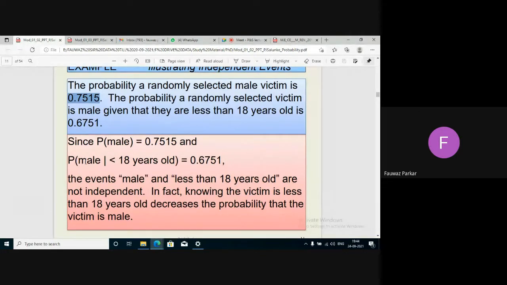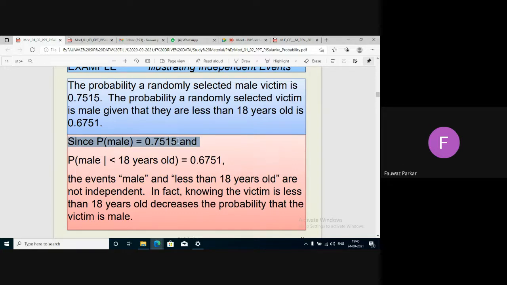0.7515, and the probability of male given that he is less than 18 years old is 0.6751. This means what? A condition is given. If the person is less than 18 years old, the probability that he will be male is 0.6715. And in general, without any age barrier, the probability of a victim being male is